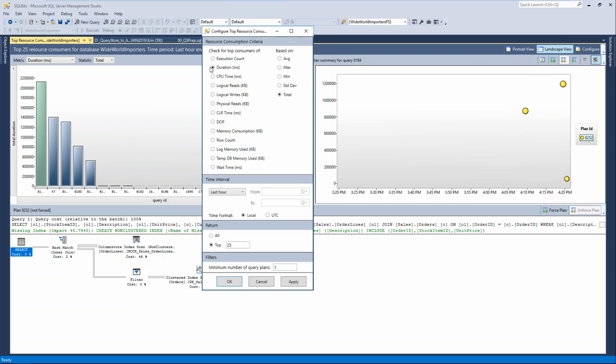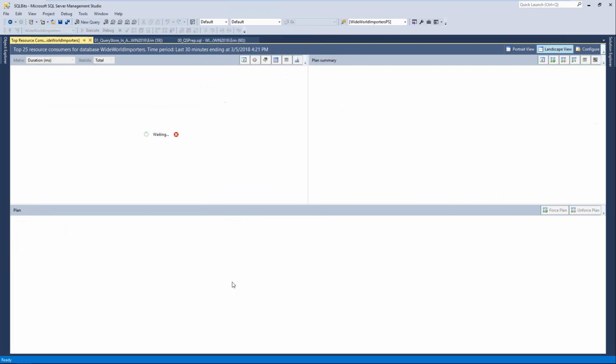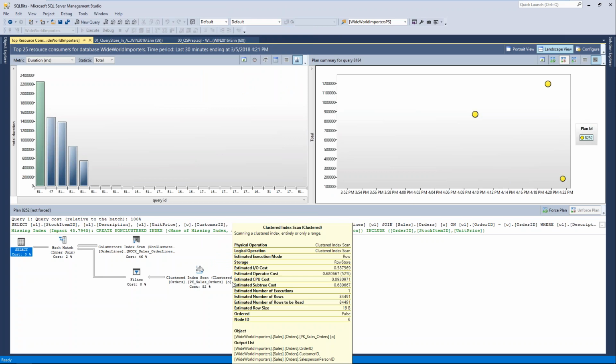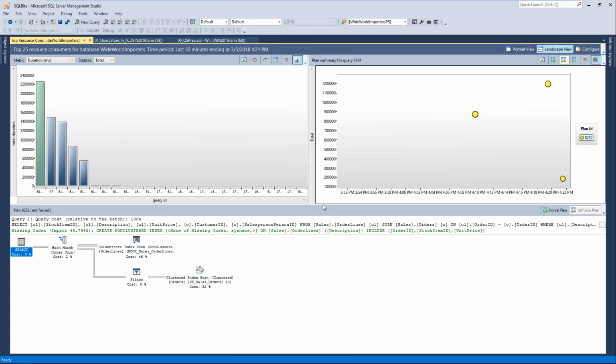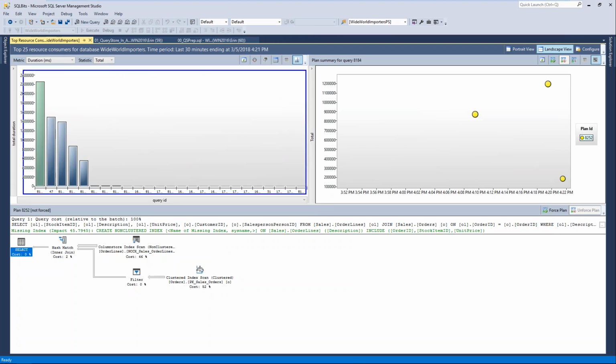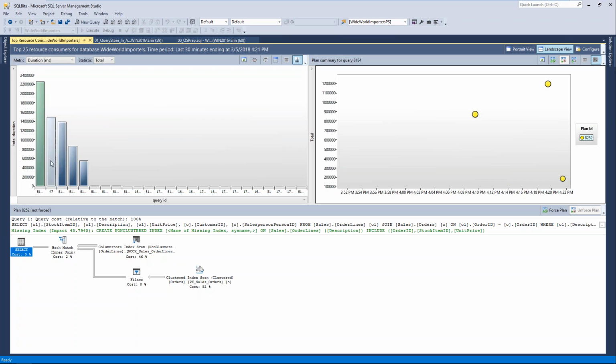But by default, we are looking for consumption based on duration and total duration for the last hour. But I can change this, right? If I were interested in just looking, let's say, for the last 30 minutes, I can change this view so that it's only going to display that data. So when we look at this, what are we really seeing in this window? Well, in the top left over here, we have the different queries, which it doesn't look like that because it's just a bar graph. But if I hover over one of these, then I can